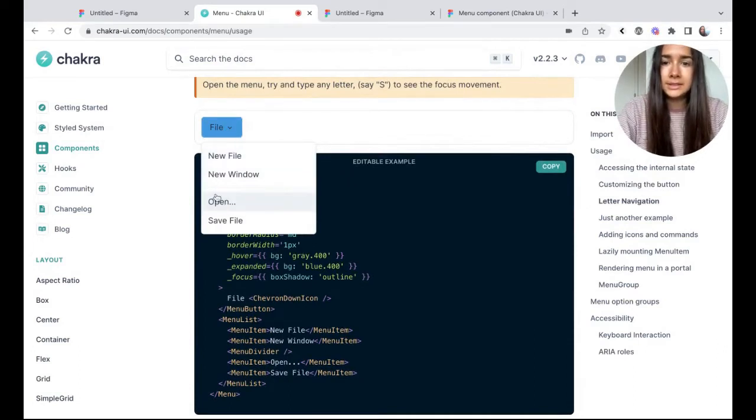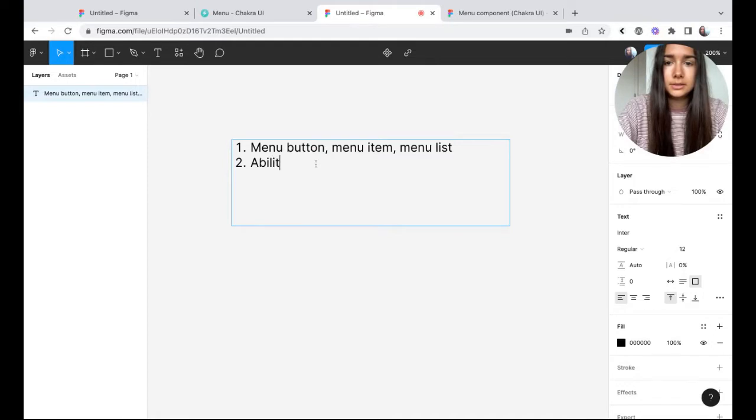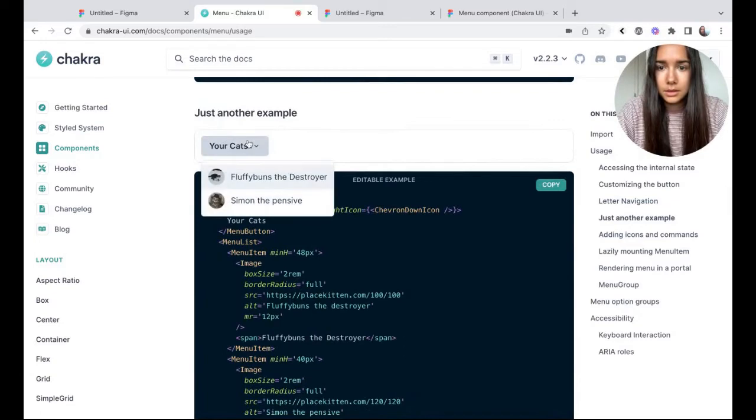So as you can see, some of our menu lists can have a divider. So let's just add that. Divider. Ability to have a picture.